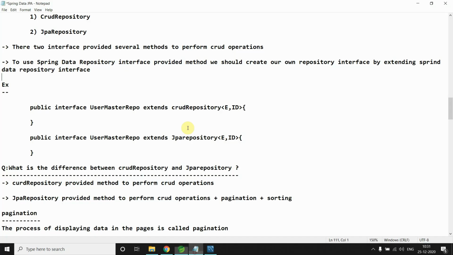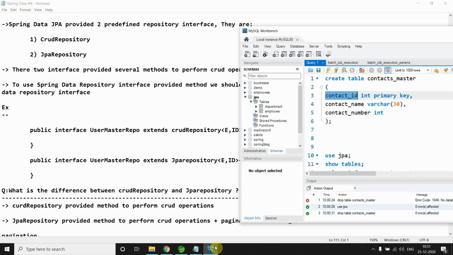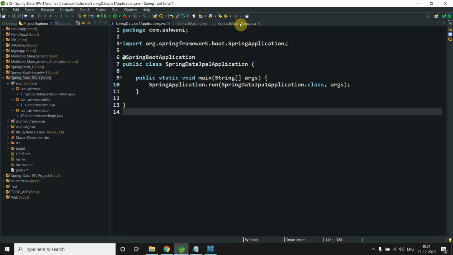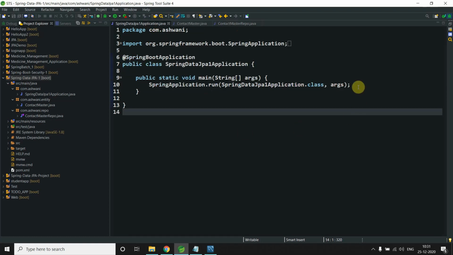So the thing we talked about, that JPA gives a runtime implementation for your interface, I will show you how it gives it. So come here, what's your repository name, ContactMasterRepo, right?